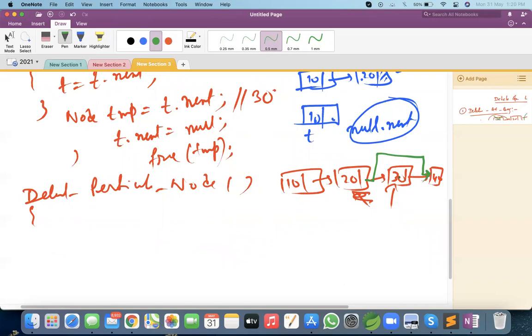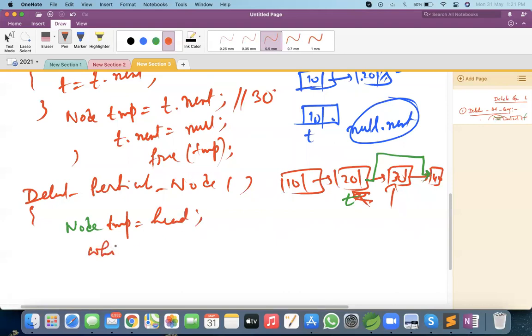If you want to delete 30, then your pointer should stop before that 30, right? So what you need to write? Again, you can write node temp equal to head.